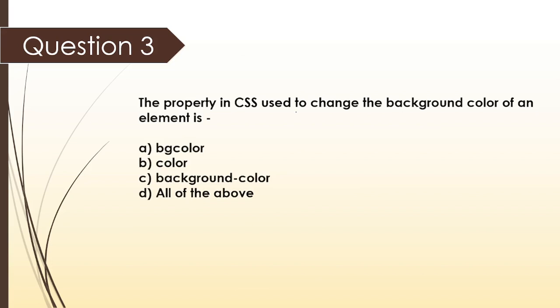Next question is, the property in CSS used to change the background color of an element is. So in your HTML page, let's say the background is white. Now, if you want to change the background to brown, red, or any color you want, what CSS property will you use? The correct answer is background color. You can write it as, let's say, H1 background color